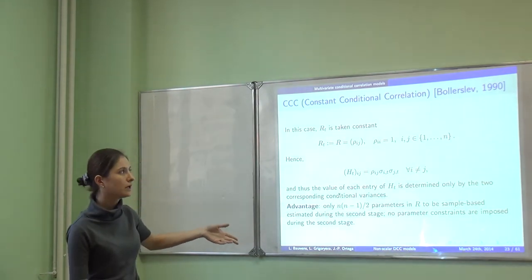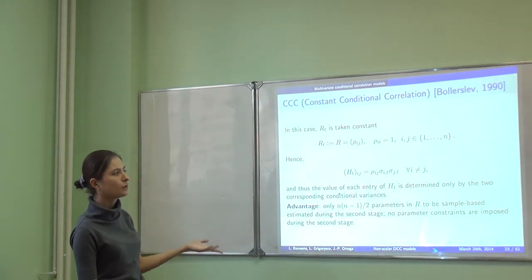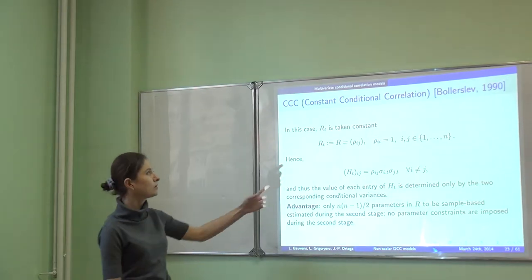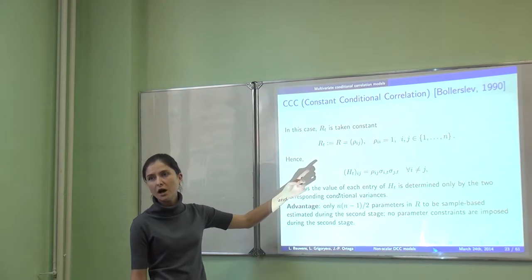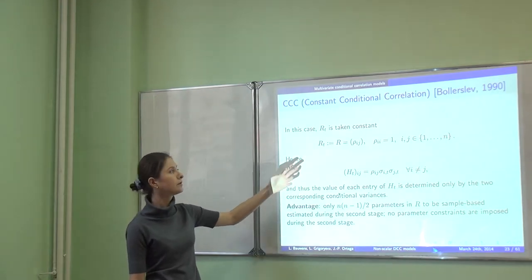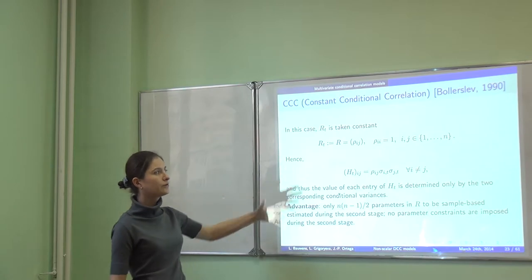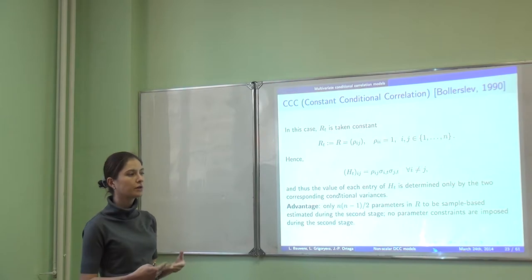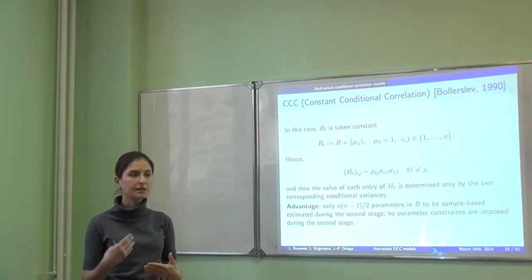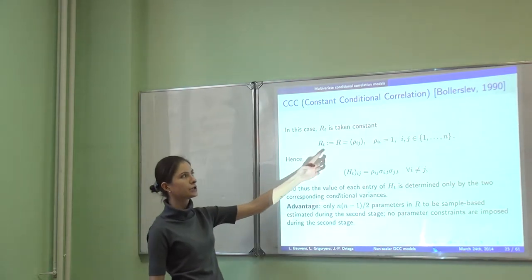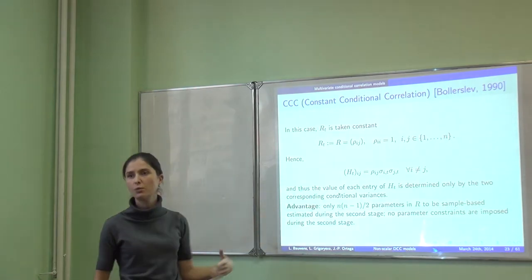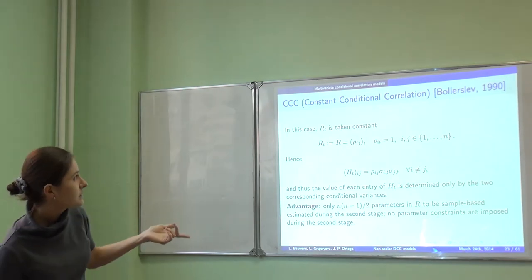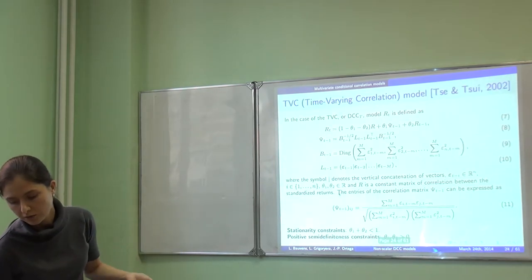So, even though this looks extremely simple, the assumption about the constant character of our RT is not reasonable. Because actually, we're trying to come up with some way to describe the dynamics behind our conditional covariance matrix process. But at the same time, we assume that our conditional correlations are just constant. So what's the point of using the model in this case? Well, these CCC models are used a lot in practice.